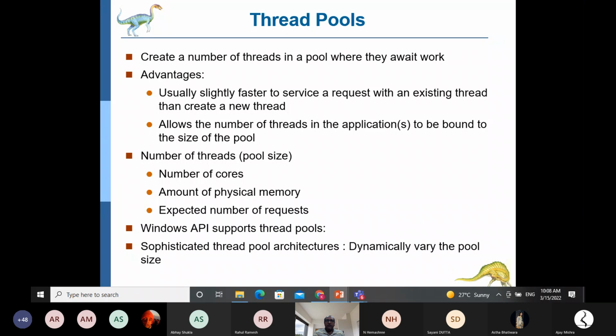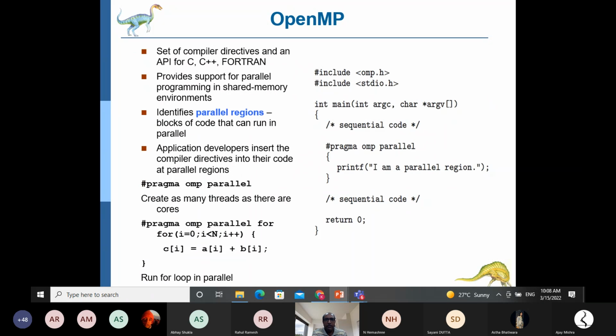So the next one in implicit threading is OpenMP. Here the MP refers to multiprocessing, and the idea here is that OpenMP is supported by the compiler and libraries, where